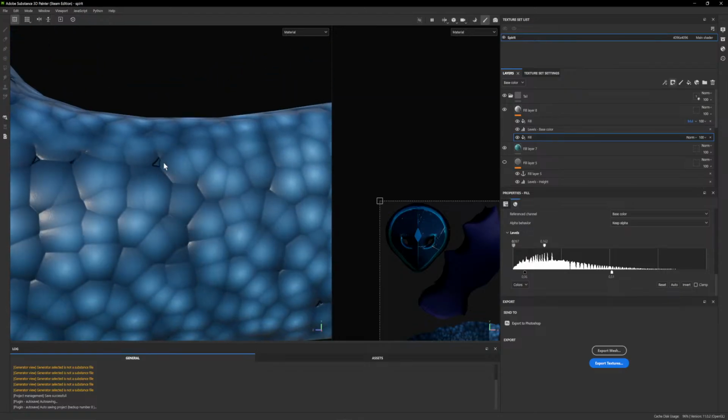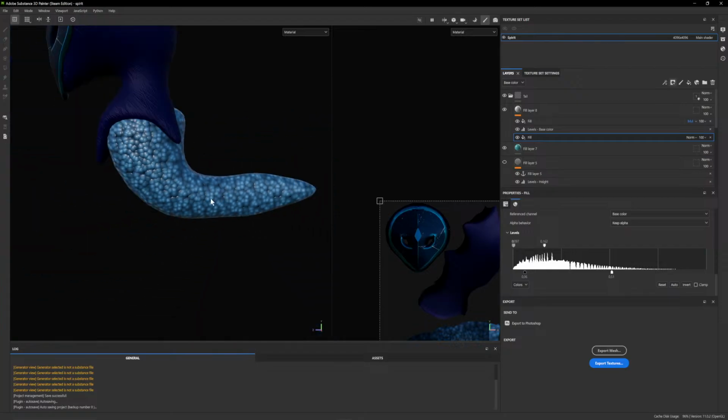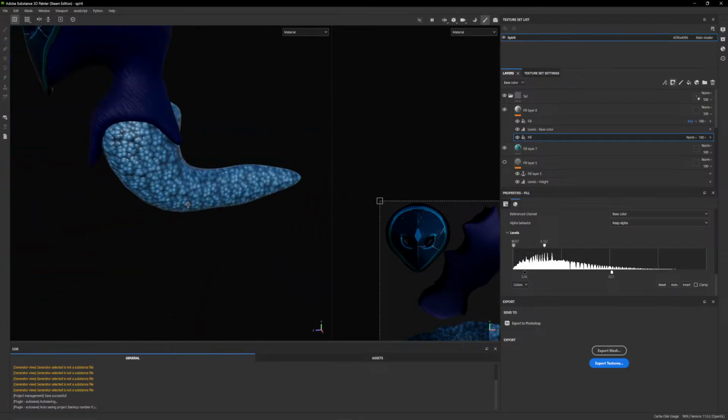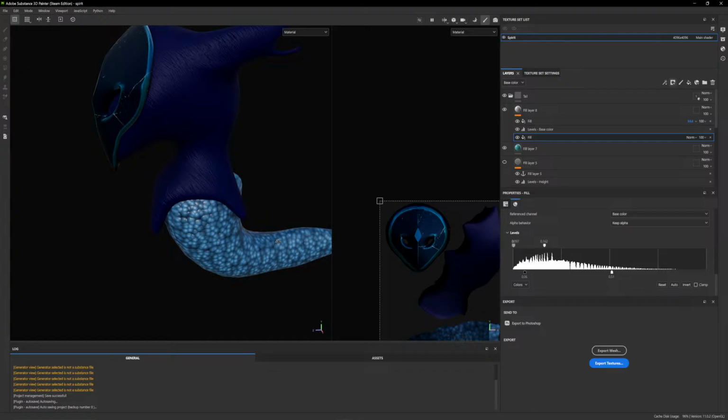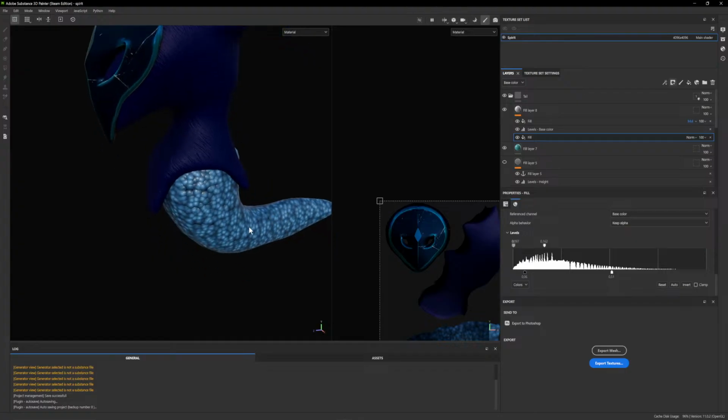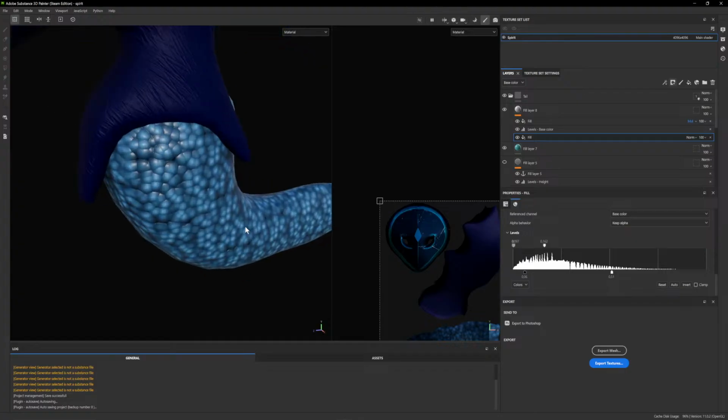It's kind of creating these little weird holes though. Can't you do some masking magic in Unreal to make that? I mean, yeah, but I don't want to do that because I want to bake it into a texture. So,